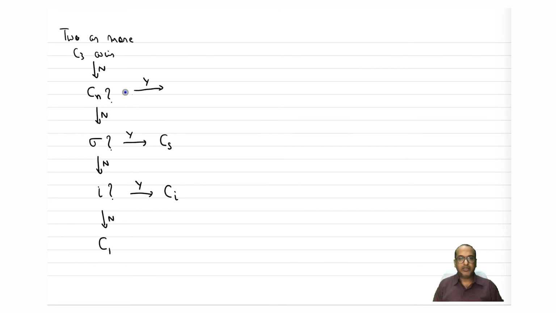So now let's see if Cn is present. Yes, then what happens? Then first you have to identify n, that is, what is the order of that axis, highest order, and then you ask, are there n C2s perpendicular to Cn? Okay, that is your question. So first step is to identify n, and then second step is n C2s perpendicular to Cn. Okay, so now if that is a yes,